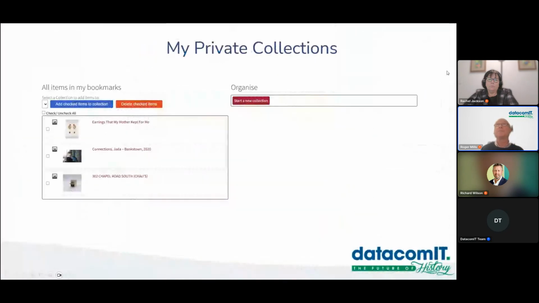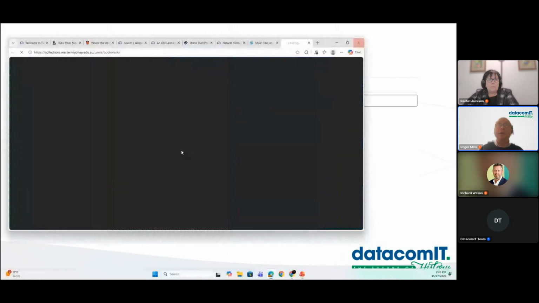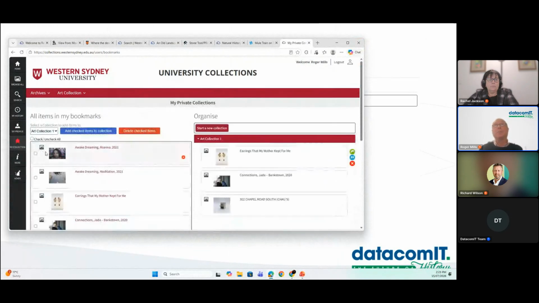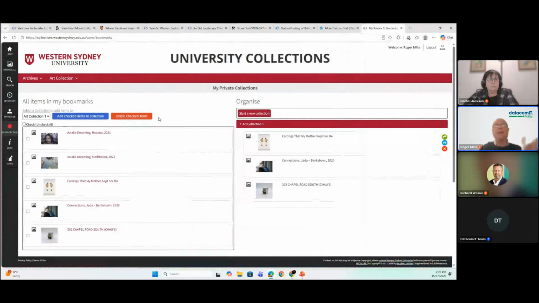I really love this functionality. It allows you to create your own private collections of artworks, or anything really, whether it's local studies, publications or photographs. And I showed you earlier that star on the left-hand side menu. When you click that star on a particular item, it adds it to all of your bookmarks. And then you can create your own collections from this point onwards as well,